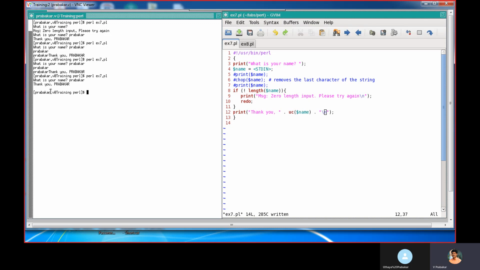Now we accept the input as it is. So by default, thank you Prabhakar creates a newline. Again we are using a newline here, so it comes at this position.